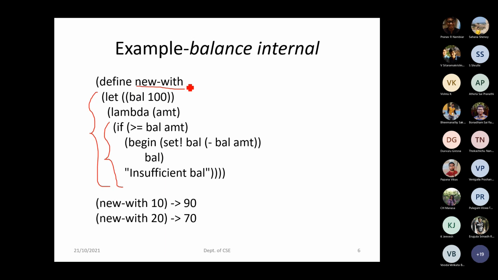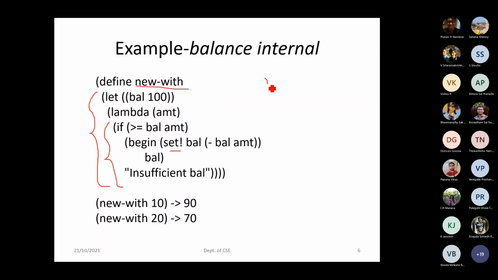If you see the definition of the procedure, we have let, and as the body of this let, we have the lambda, and inside this we also have a set being used. This let will happen only once. So balance will be assigned the value 100, and the lambda procedure will be returned.